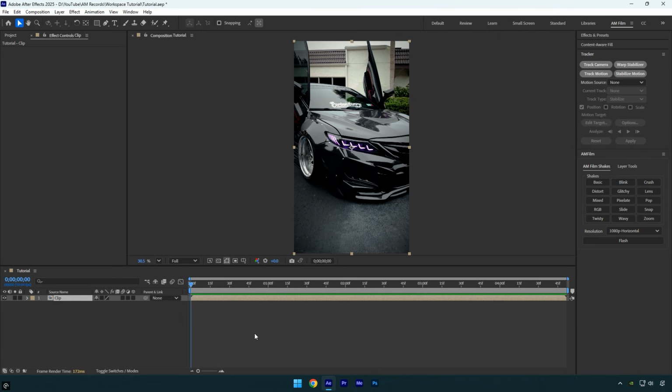The workspace you're seeing right now is the default layout, the one you get when you first open After Effects. I use this layout for tutorials because it's easy for you to follow along and everything looks familiar, especially if you're a beginner. However, when it comes to my personal editing workflow, I switch to my custom workspace that I've